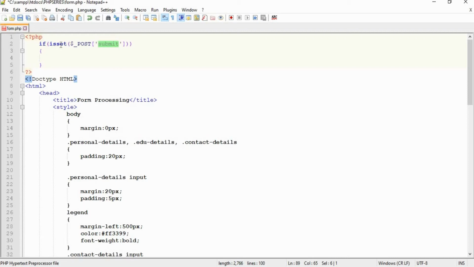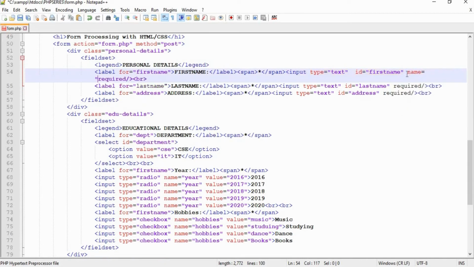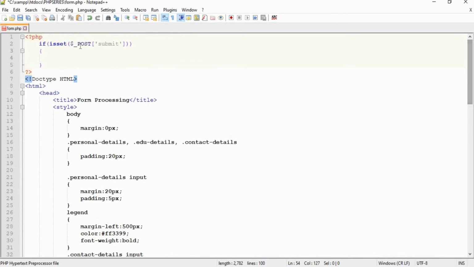For any isset control, for example, if you are using isset for a first name field, just scroll down and here we are having the text box for first name field, right? So this name attribute and the value given inside the argument of your isset function should be similar. We have the name value of our submit button as submit, so I am using $_POST of submit. I hope this is clear. If you are having any queries on this, kindly post your queries in the comment section, right?